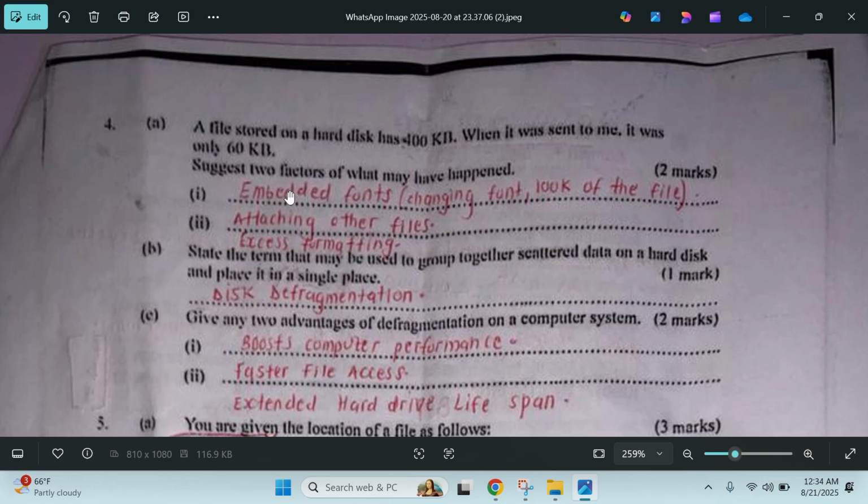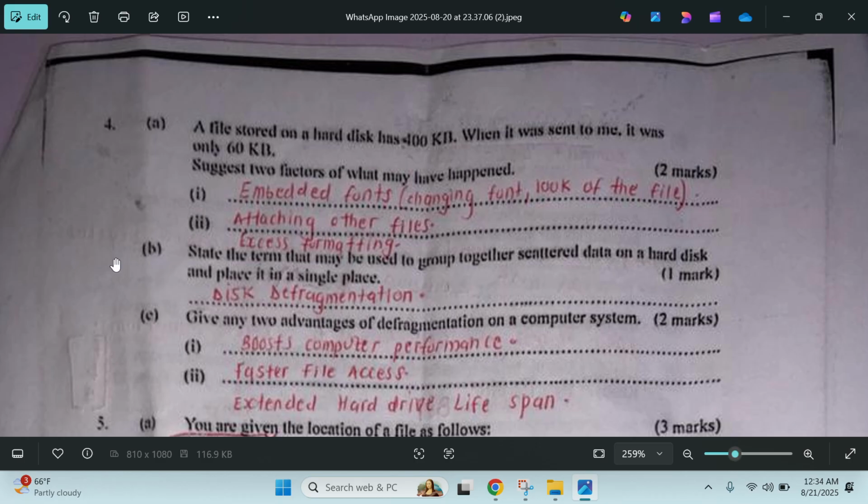Even attaching other files. If you attach other files onto a file, it means the file is going to expand in size. Even excess formatting. When you do a lot of formatting to a file, changing it, it means it's going to also expand in size. Part B was state the term that may be used to group together scattered data on